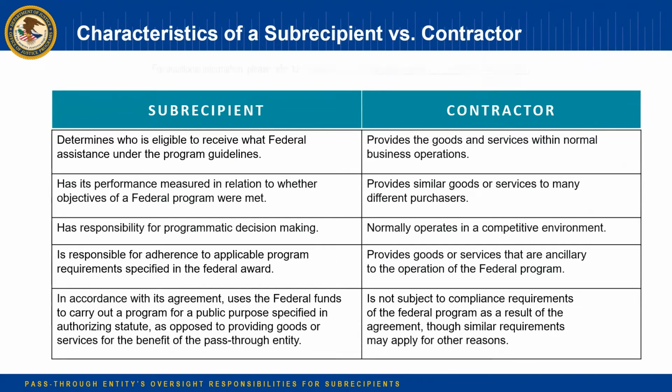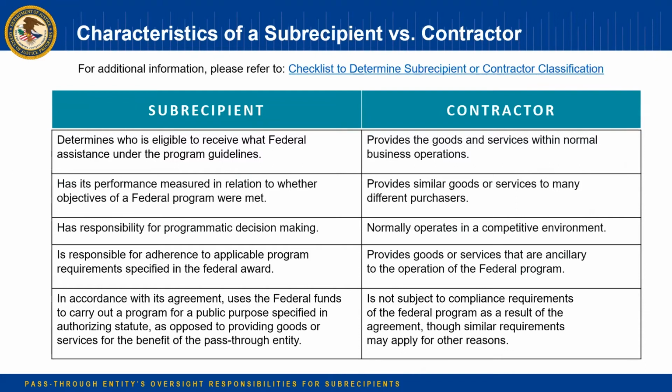OMB came up with a chart, which is before you, to give you some ground rules to use in order to determine whether I'm dealing with a contract or a subrecipient. They have various checklists, or things that you can ask yourself, in reference to whether we're talking about a subrecipient and/or a contractor. The one that I spoke about earlier, that I hang my hat on,